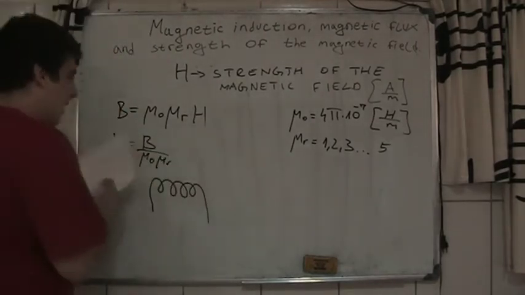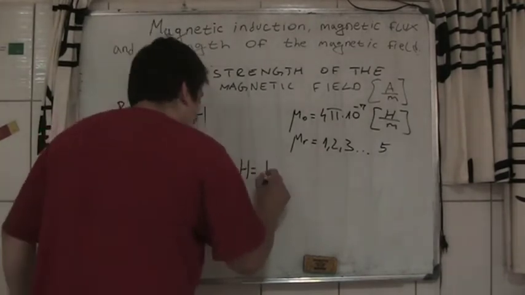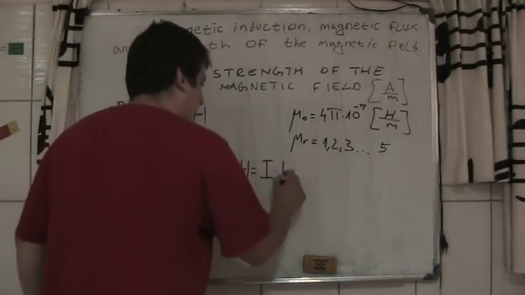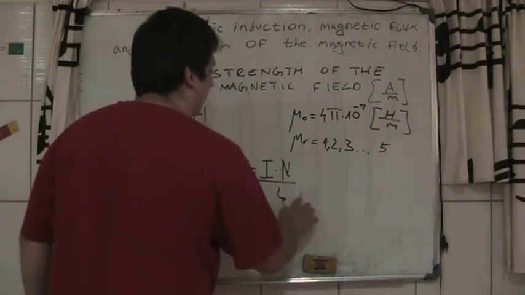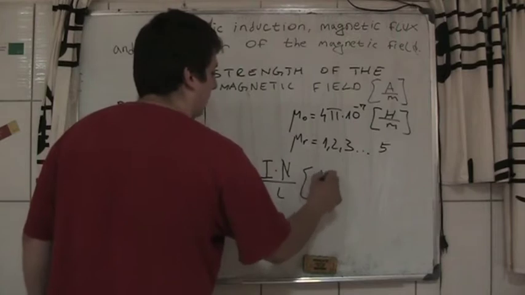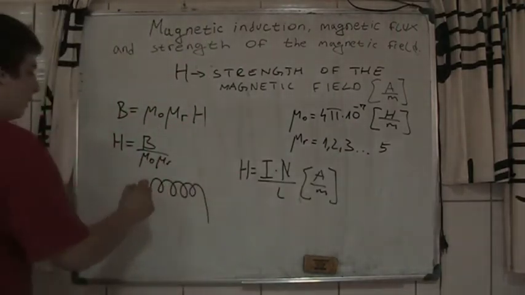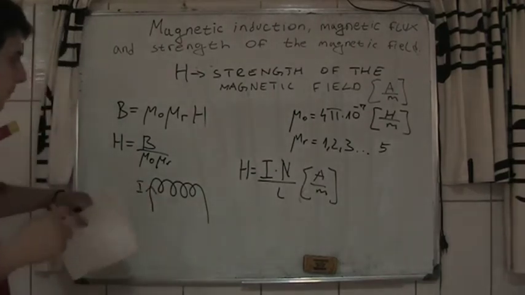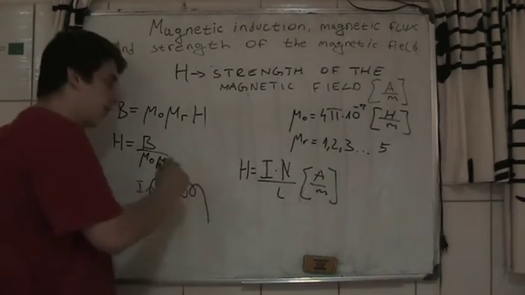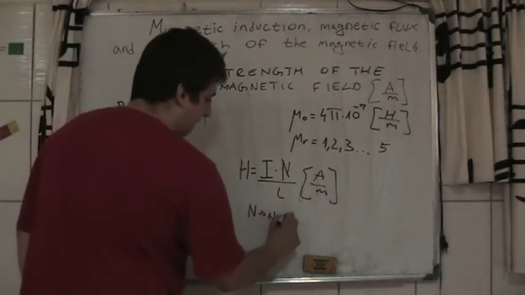The formula for that is the strength of the magnetic field H is equal to I times N divided by L, and it's measured in amperes per meter. So I is the current that will go through this loop,